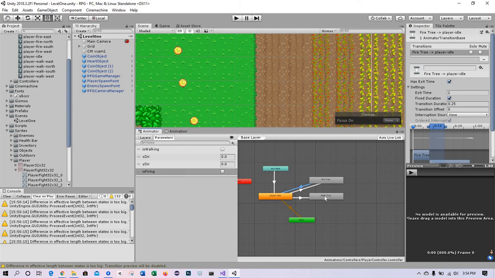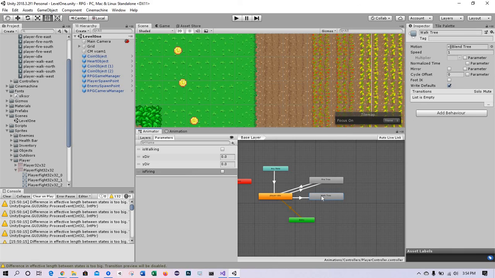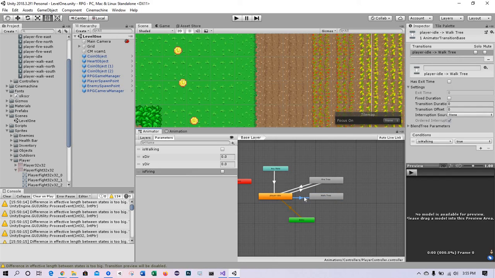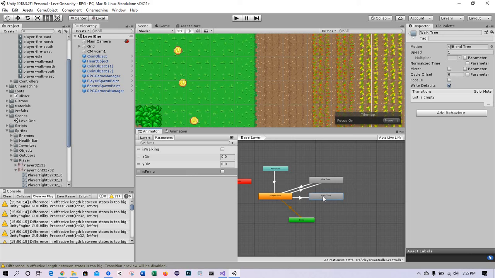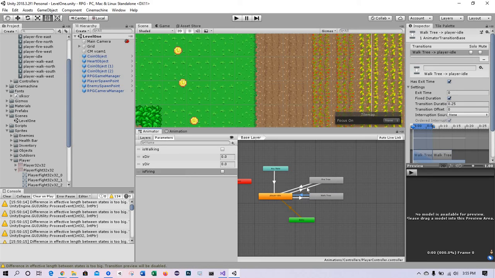And it looks like we're missing a transition from walk tree back to idle. So let's select walk tree, select make transition, connect player idle, select that transition. I'm going to click off has exit time, click off fixed duration, make duration 0, and then that condition